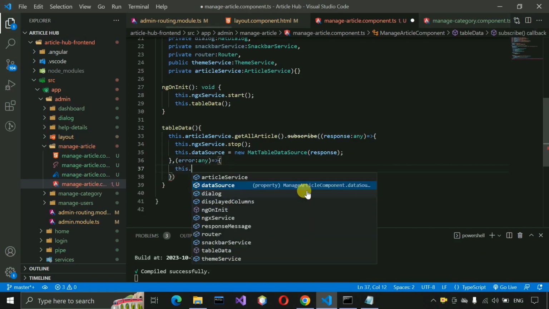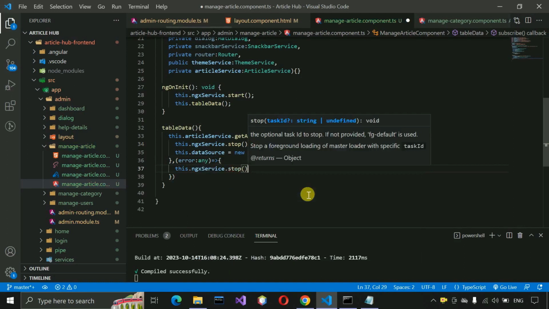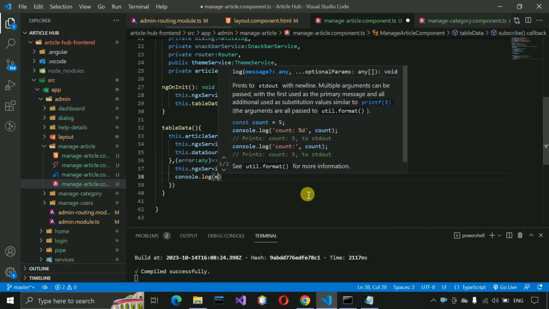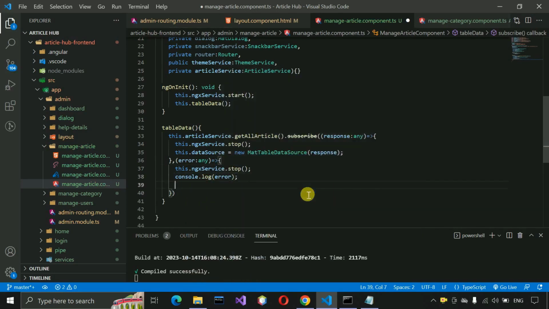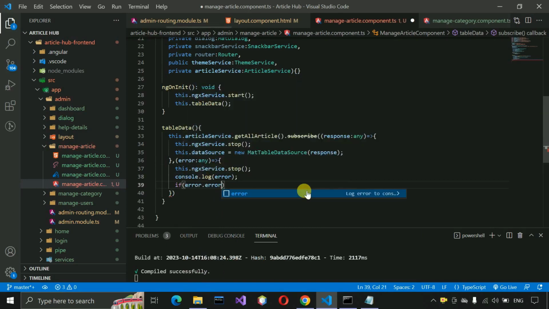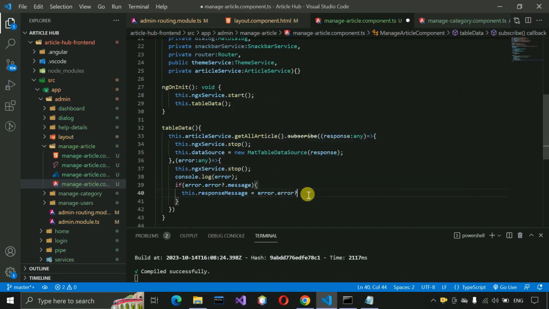After that we need to stop the loader, and after that console.log, whatever the error is, just need to print in the console, and if error question mark dot message, then this dot response message is equals to error question mark dot message,